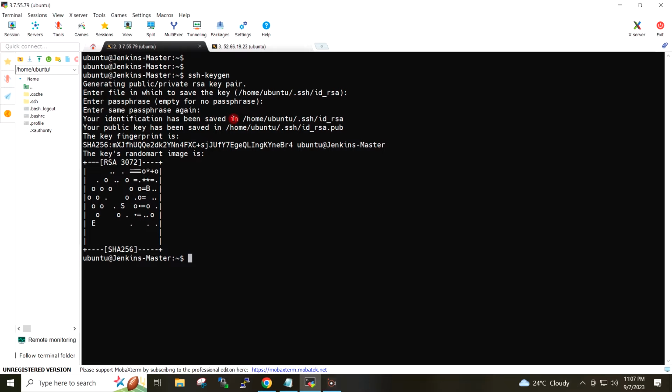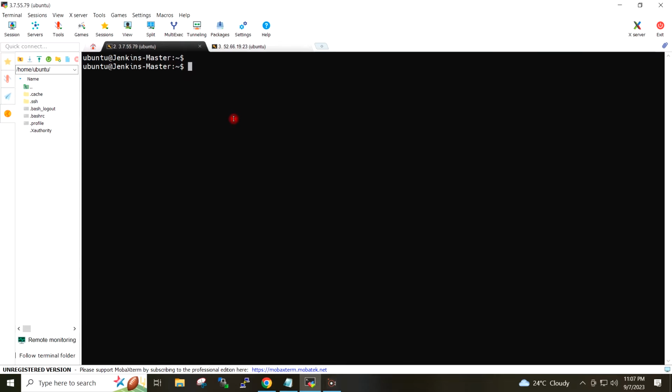Okay, so the key has been generated. I'm inside /home/ubuntu. I will go to the .ssh directory, and inside this directory I have the public key and the private key.